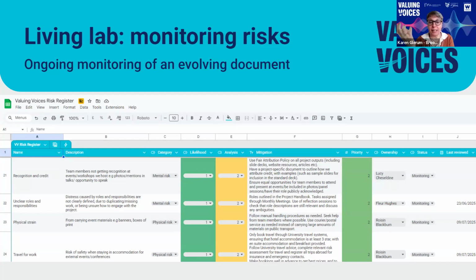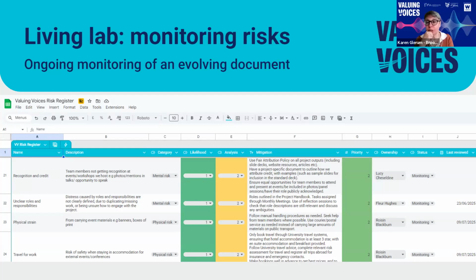We identify the likelihood of a risk to actually happen. We analyze the risk, and then we think of a way to mitigate the risk. And based on that, we give it a priority. So that's about how much of your limited time and money would you be willing to spend on this risk? How important is it to mitigate this risk? How much can we afford to run the risk? And I think that's really important.